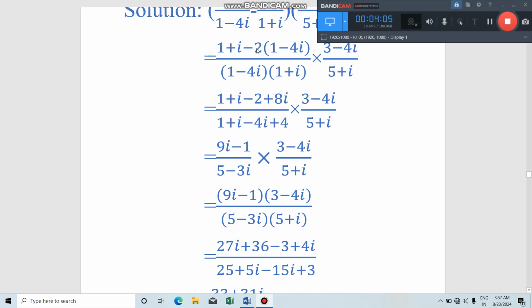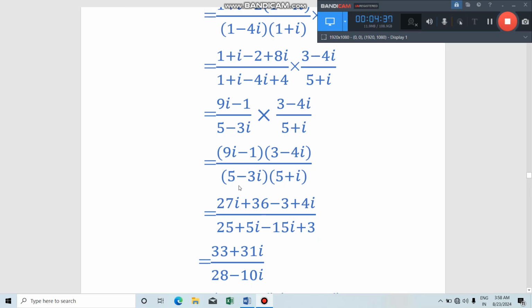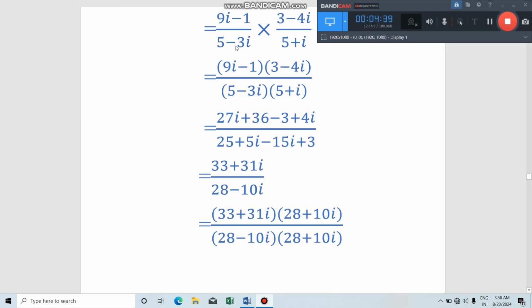Now 1 plus I minus 2, minus plus 2 into 4, 8i, by 1 plus I minus 4i plus 4 minus 4i square. So I square equal to minus 1. So minus 4 into minus 1, it will become plus 4, into (3 minus 4i by 5 plus I). So equal to 8i plus I equal to 9i. 1 minus 2 equal to minus 1, divided by 4 plus 1 equal to 5 minus 3i, into (3 minus 4i by 5 plus I). So now (5 minus 3i) into (5 plus I) in the denominator, and in the numerator it will become (9i minus 1)